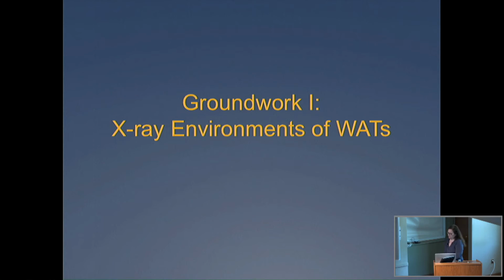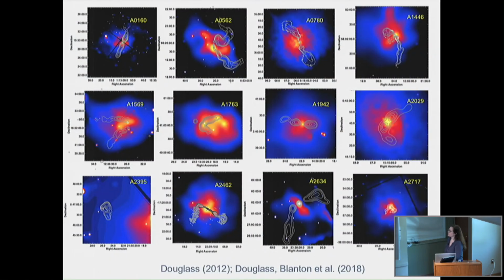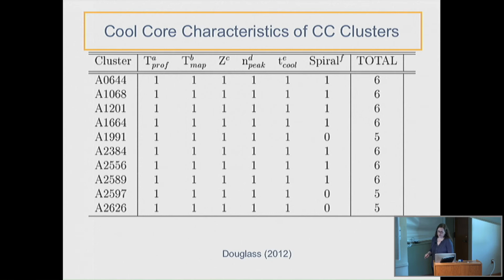Okay, so one thing that we did when we were starting this project was to look in the archive of Chandra and look at the X-ray environments. This was a sample from Ned Douglas's dissertation, looking at 12 systems that all have bent sources in them and trying to see what kind of environments they are in typically. Are we always going to find mergers, or most often going to find mergers? Are we always going to find sloshing? If we're looking at these really high redshift clusters in our survey, what are we getting ourselves into? What kind of systems will we find? So that was the point of that work.